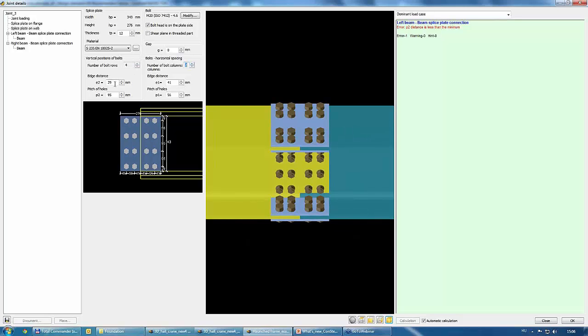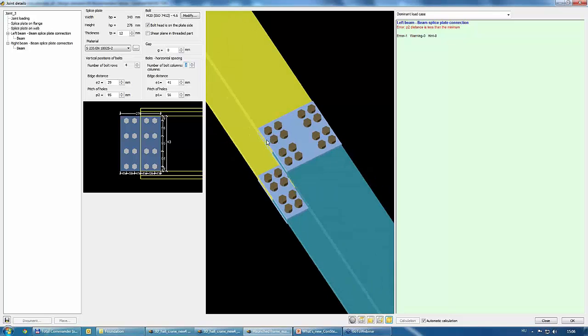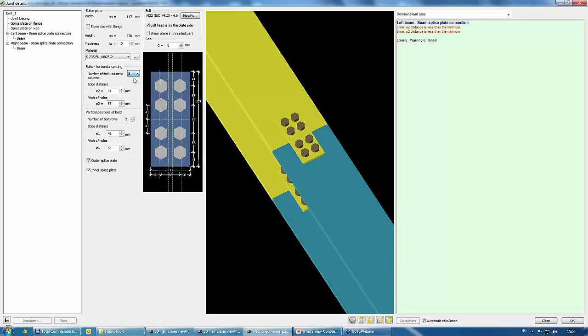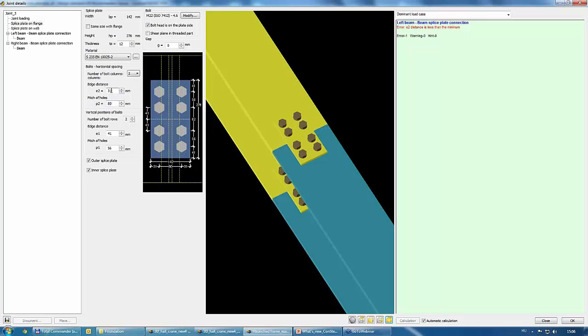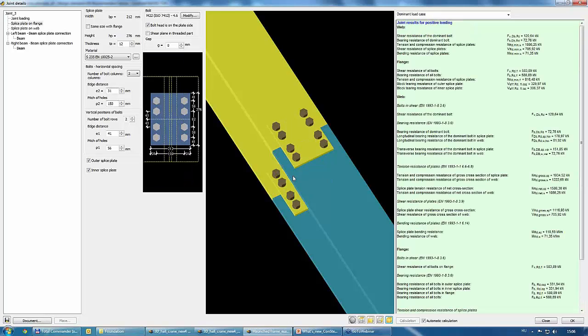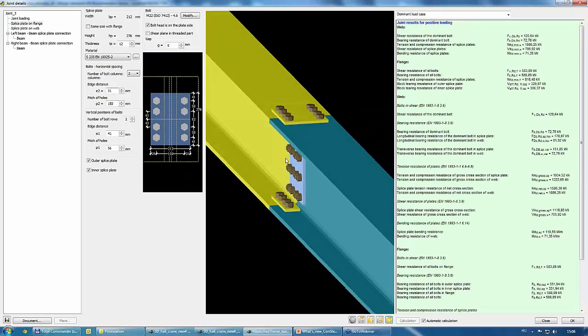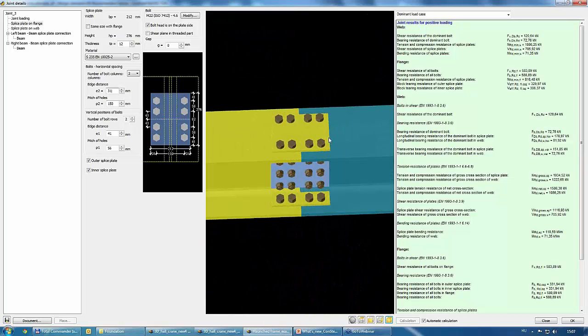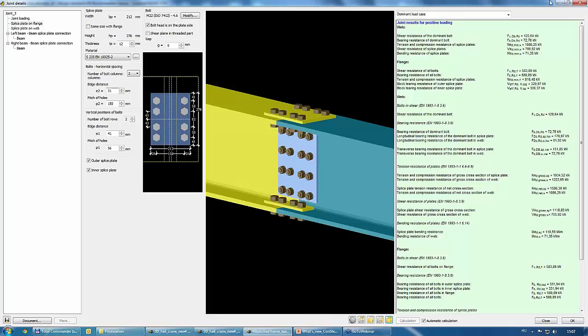Okay. Let's go on the flange maybe. Yeah. Should be larger. Okay, anyway, there were some errors because of the geometry check, but I would like to show you